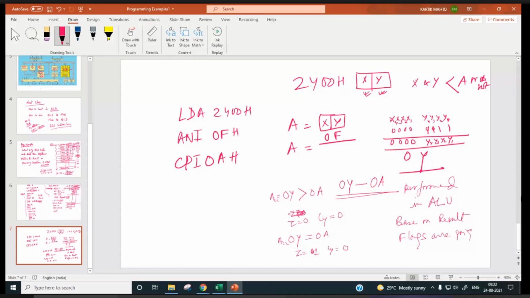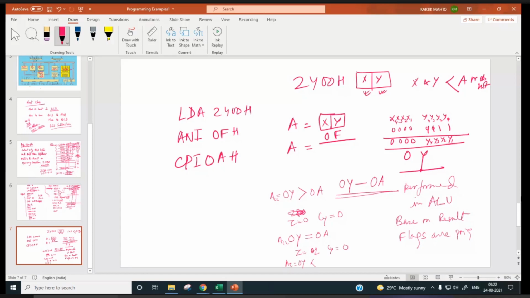Now if the accumulator content 0Y is less than 0A, the zero flag will be 0 and the carry flag will be 1.